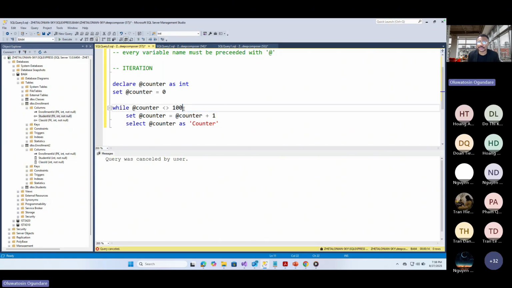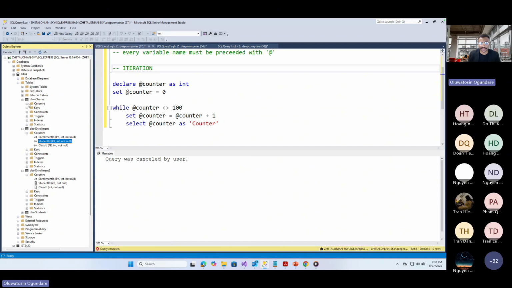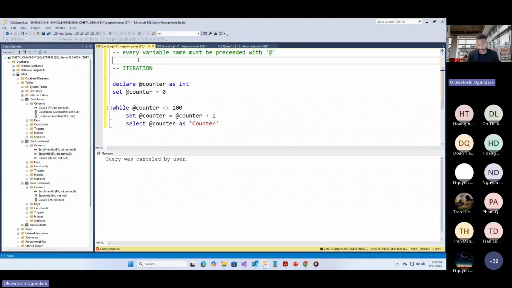So how can we use this to quickly insert records into our table? Well, first, let's insert a class, right? This class would be a general education class that everybody has to take, and then we can create an enrollment record for everybody that we have in our students table, right? So for a class, all we have to specify